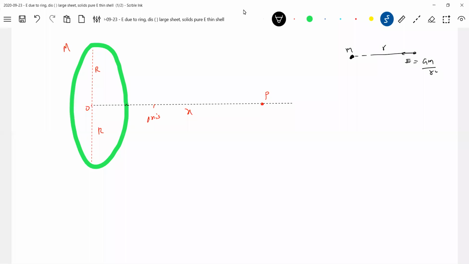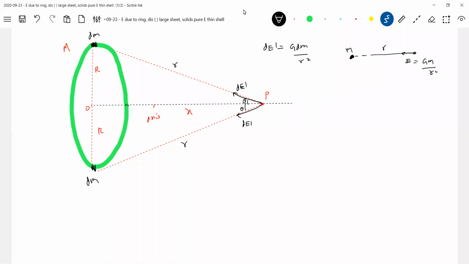It's a body. So therefore I'll assume two elements like this, each of mass dm. The field strength due to the individual elements is dE dash, and this will be dE dash. What should dE dash be equal to? dE dash should be equal to G dm by r squared. It should be towards the point mass, along the line joining the point mass and this element. So we show it like this.